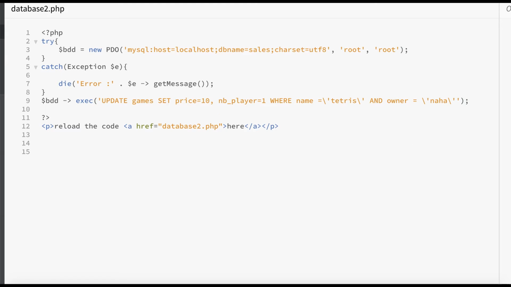Okay, having written this code, I should echo something like the game has been updated.